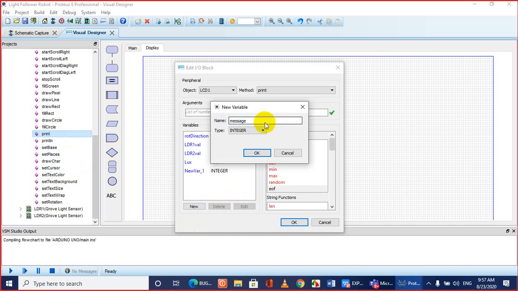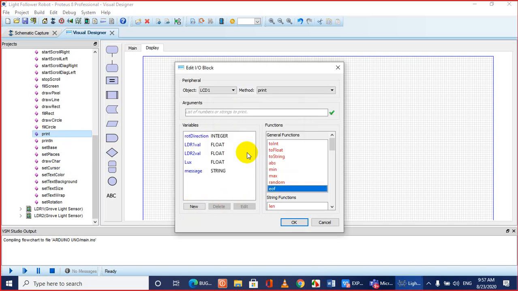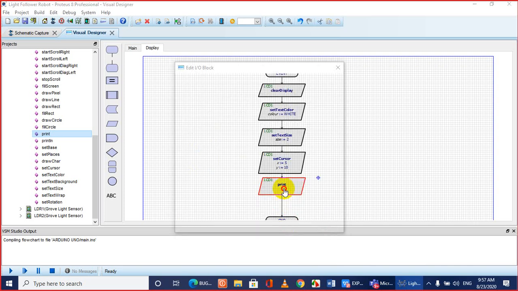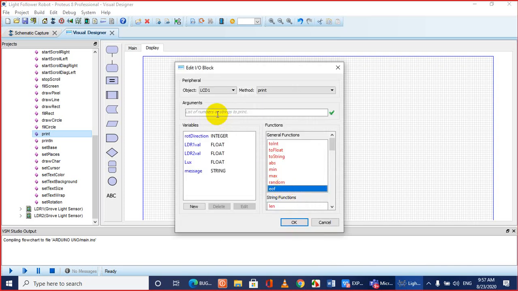Message variable, and it is string. So which one will get printed? We need to give it over here. Whatever value is the message, that will get printed. So we need to pick it up over here from the variable. So click OK.